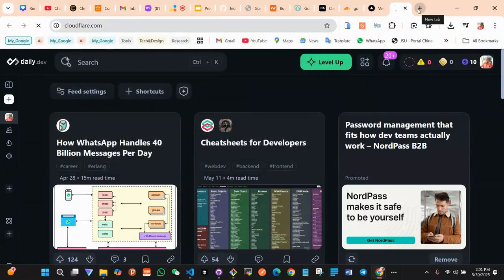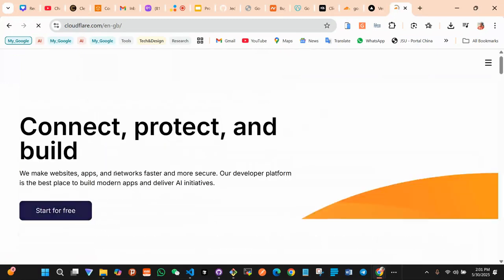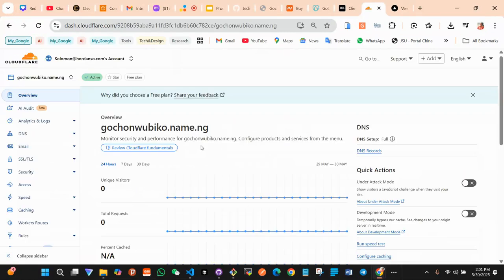When you go to cloudflare.com, you just register an account. It's very simple. You can register with your Google account, or with your email and password. It starts free and you are done. So after you have registered,